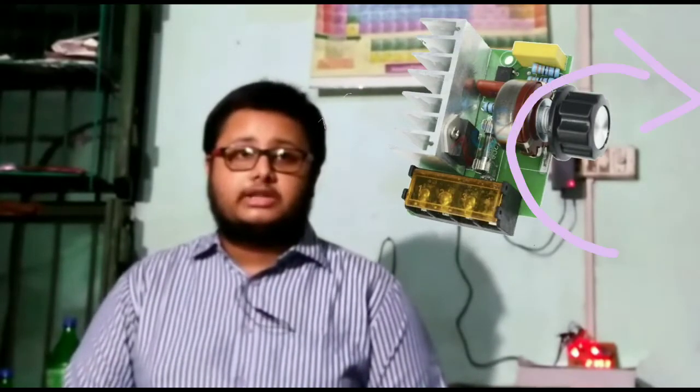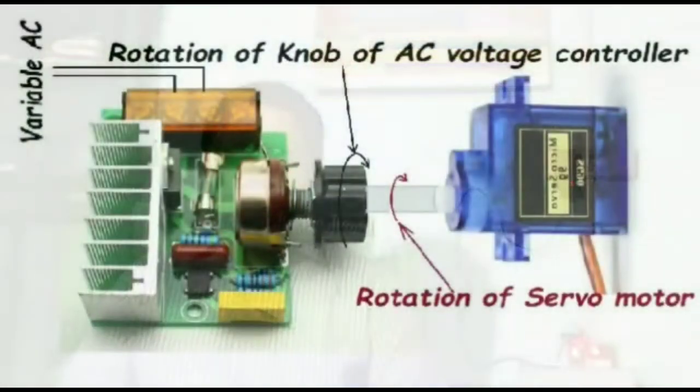But if we want to control the potentiometer automatically, then we need something that will rotate the shaft of the pot in place of a human hand. So the solution is 5 volt servo motors. These small servo motors can be driven by microcontroller 5 volt signals. If we mechanically join the shaft of the servo motor with the shaft of the potentiometer, then the shaft of the potentiometer can be rotated by the microcontroller signal, resulting in change of AC voltage at the output, hence controlling the